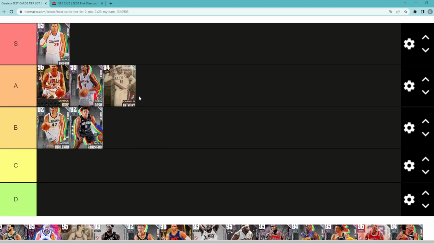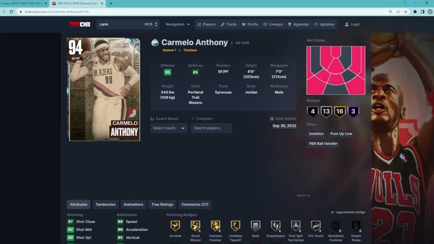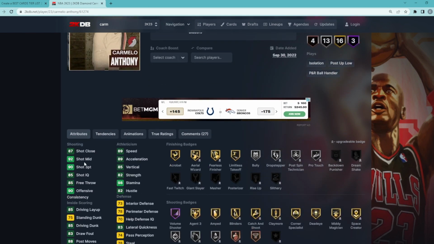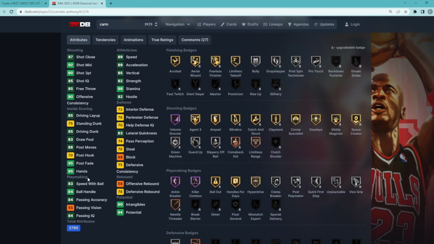Diamond Carmelo, another super elite card. He's got probably the fastest release in the game right now. That release is just so hard to contest. He's 6'8" tall, 7-foot wingspan, has a 93 ball, 92 mid-range, 89 speed, 89 acceleration,